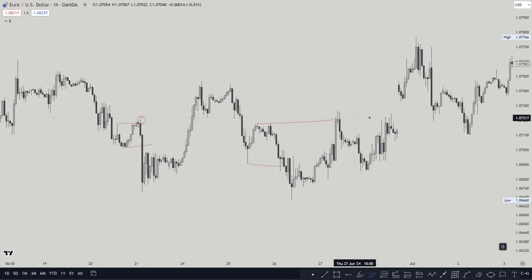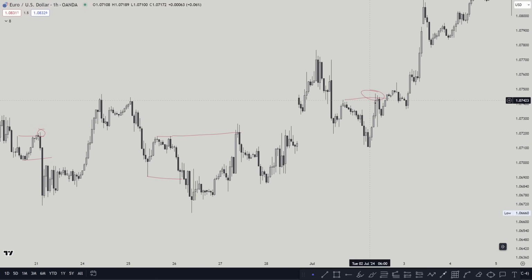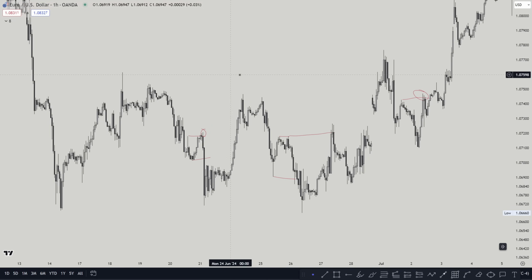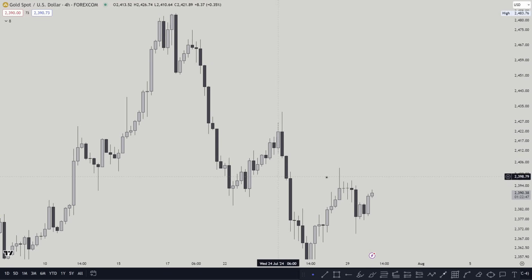And we can see there are some that don't get enough momentum. For example, this one, even though it's a first mitigation, we take it here, goes lower. Not a lot, but still, this one can count as a very good trading opportunity when entering on the lower time frame. Now, going over gold in the 4 hour, just to show you that this can work on any